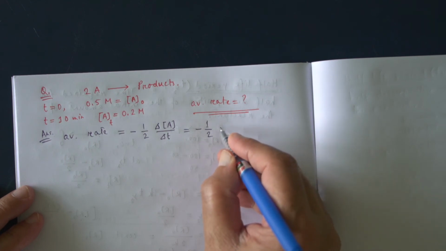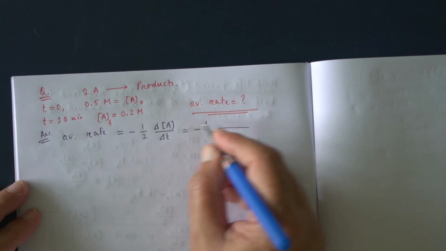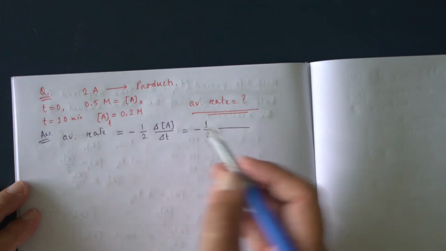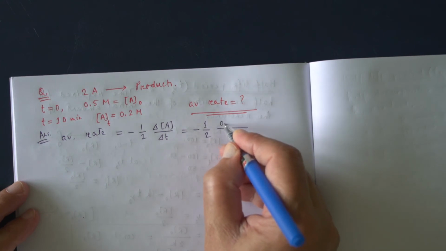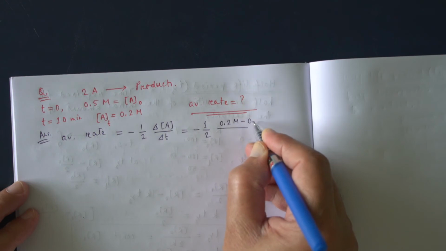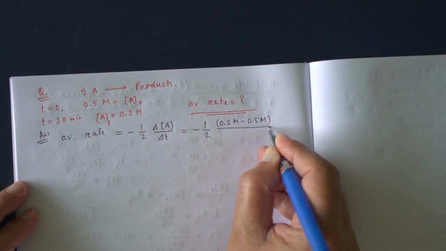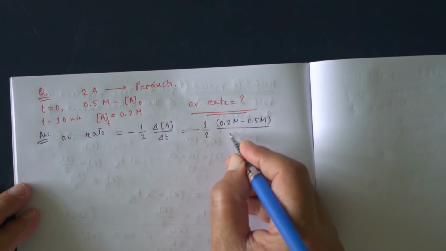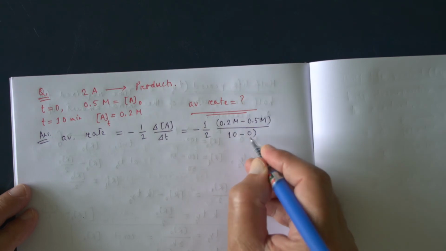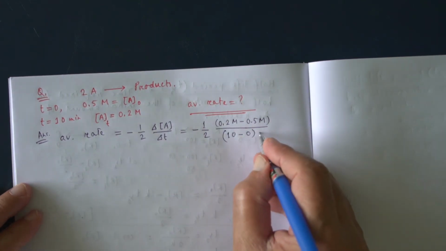So del A, this is del, what is del A? A_T minus A naught. That means 0.2 molar minus 0.5 molar, and t equal to 10 minus 0. Okay, 10 minus 0 minute,